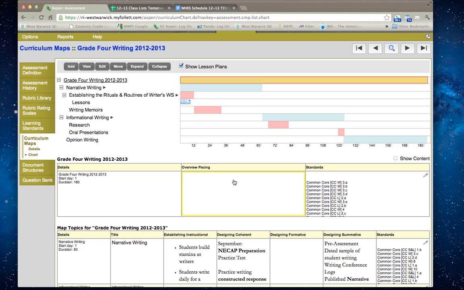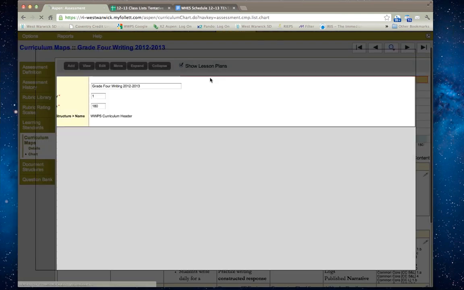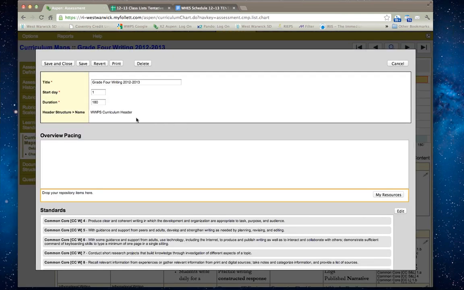So I wanted to kind of give you a brief little overview that a curriculum map is made up of map topics, and then within map topics there are usually lessons that are created within that. So if I go into this main map area, I get the details for that now. So this is basically saying that this curriculum map in grade 4 starts on day 1. It's 180 days, and it has a particular document structure here